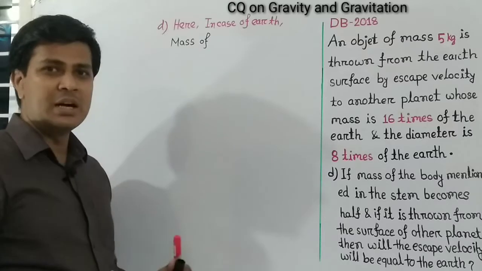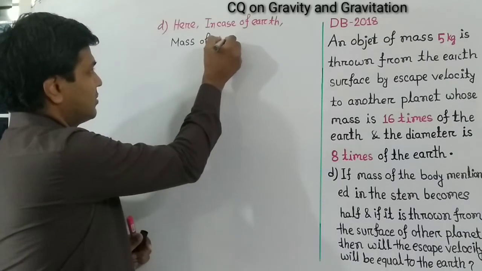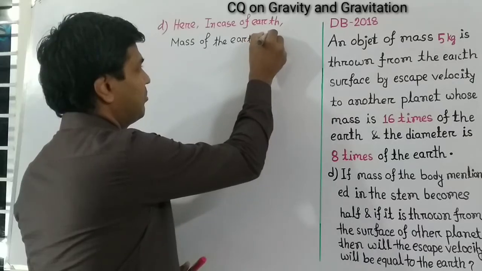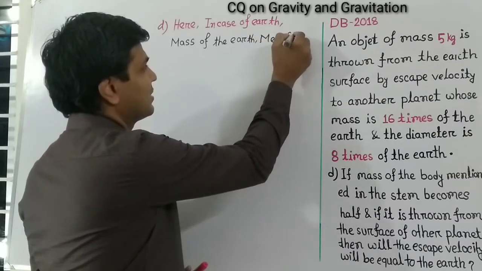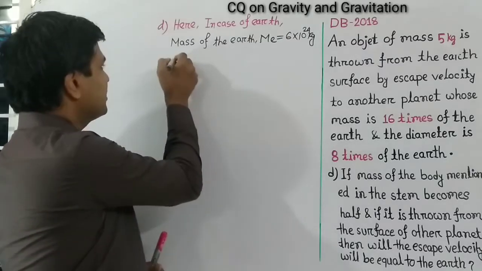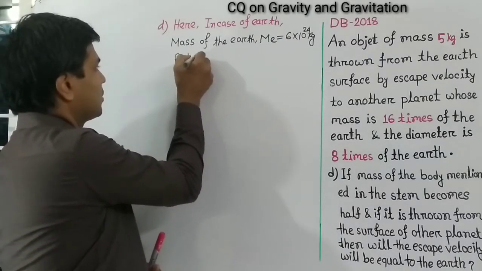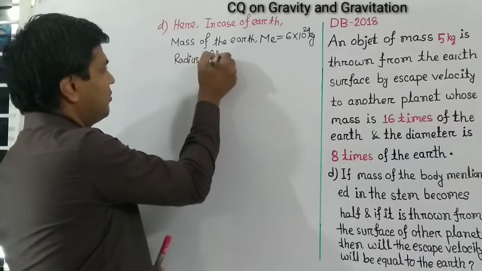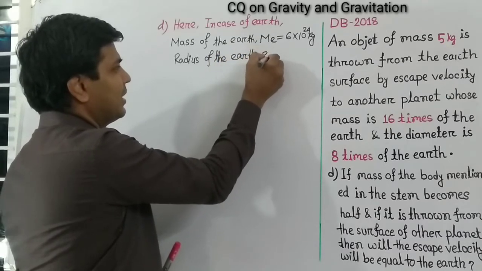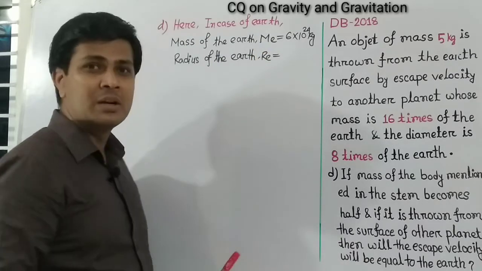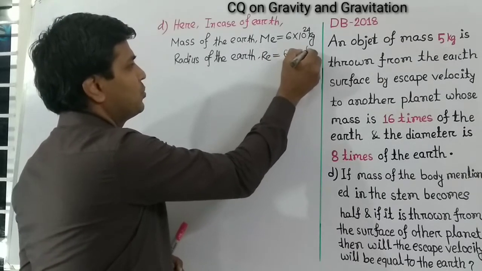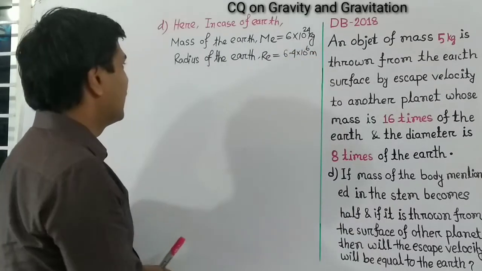Mass of the earth, which is ME, and which value is 6 into 10 to the power 24 kg, and radius of the earth is RE, and whose value we have already calculated in our earlier math, which is 6.4 into 10 to the power 6 meter, and we know